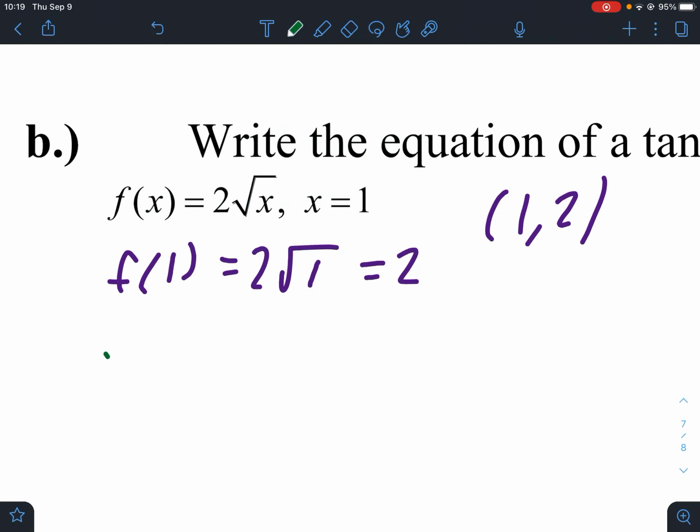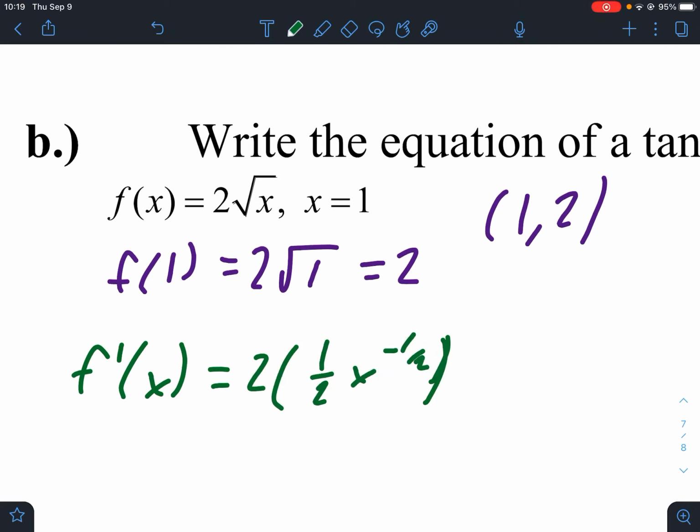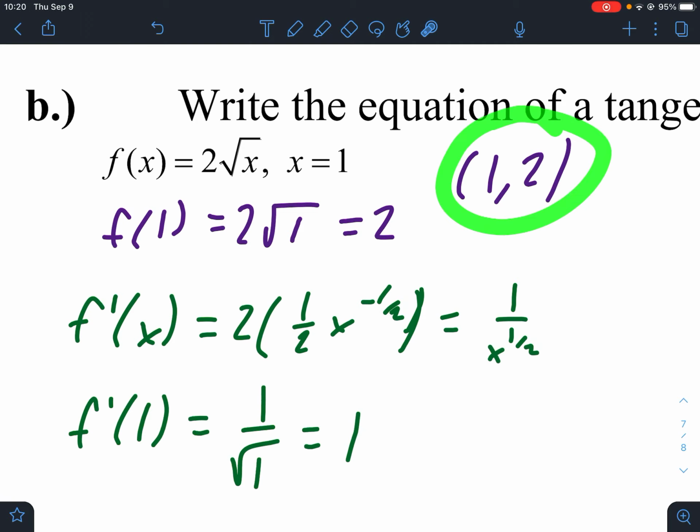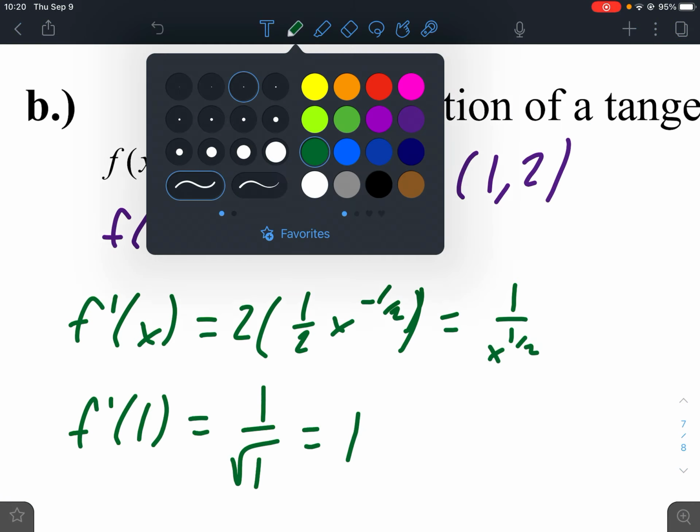All right, now to find the slope, we're going to take the derivative. Remember, 2 root x is the same thing as 2x to the 1 half. So it's 2 times 1 half x to the negative 1 half. Or 2 times 1 half canceling out, just 1 over x to the 1 half, or 1 over root x. So f prime of 1 would be 1 over root 1, or 1. So our point, our slope,